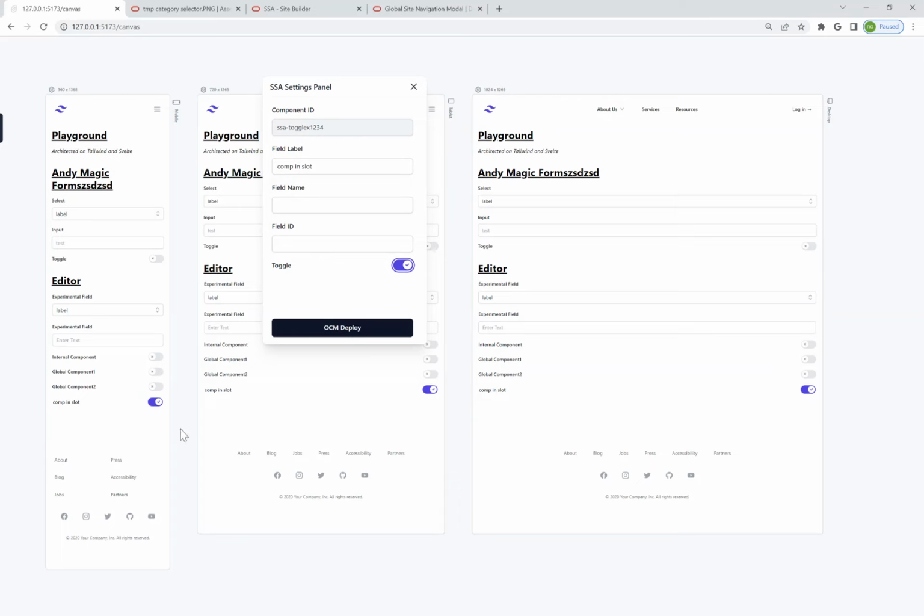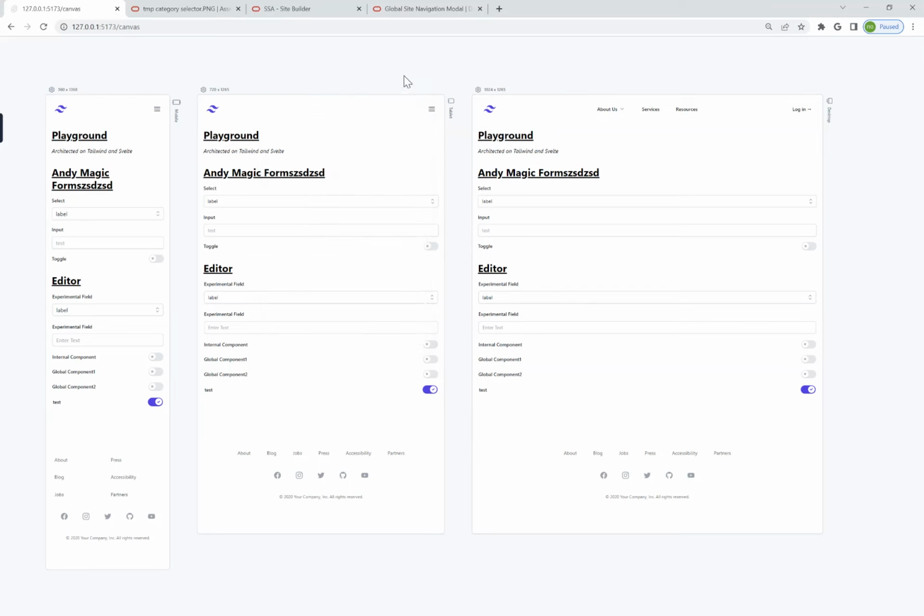So I can easily test out and see how this works across responsive view. And again, if I just want to toggle them separately just to test user interaction, I can do that. We can also change the name. Let's just say test. And again, because we are using props, it just globally goes across all three of those. Now, on top of that, what I've created is, and this is just basic for now, but there's